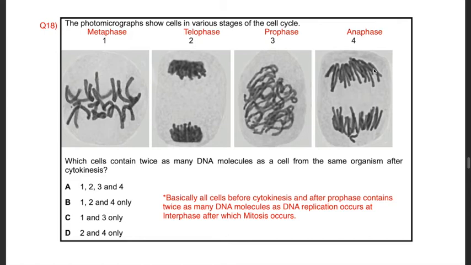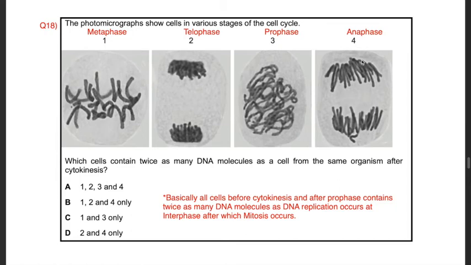Why is that? Because DNA replication occurs at the S phase of interphase. And since the cells given over here, the photomicrographs of the cells, are basically representing stages of the mitotic cell cycle, that is after the interphase, that means all of these photomicrographs will have twice as many DNA molecules because they have already passed the interphase stage. And if they have passed the interphase stage, that means they have already done the DNA replication. If DNA replication is over, that means there are twice as many DNA molecules as a cell from the same